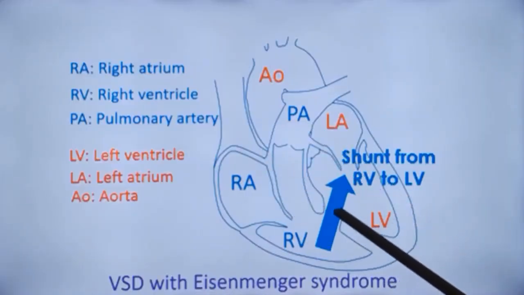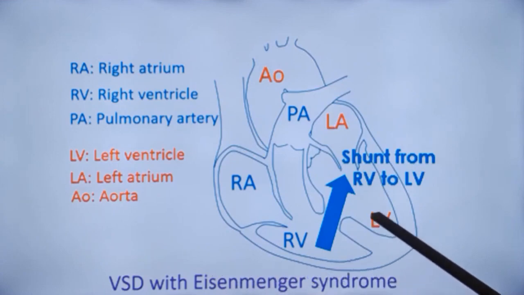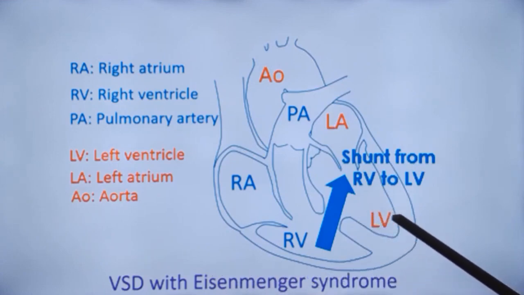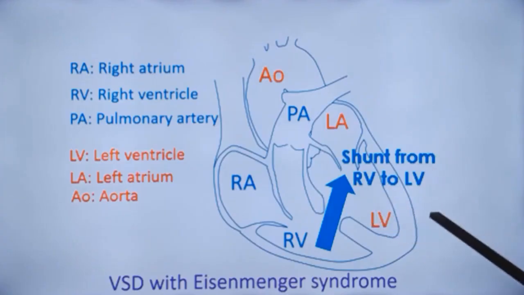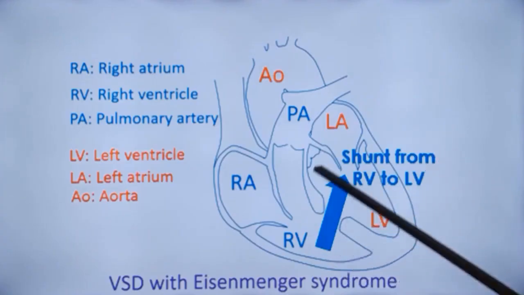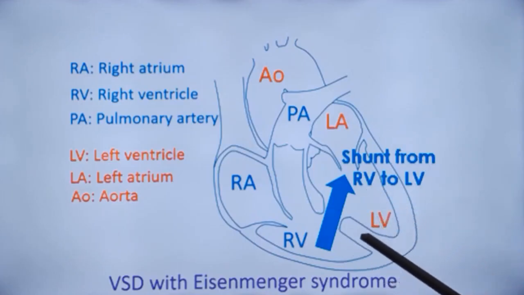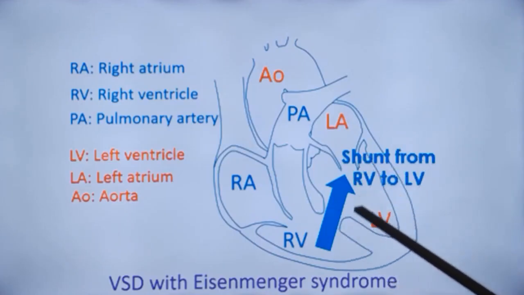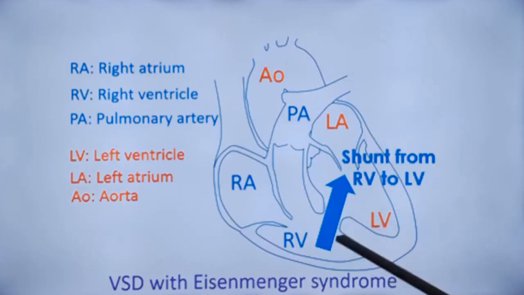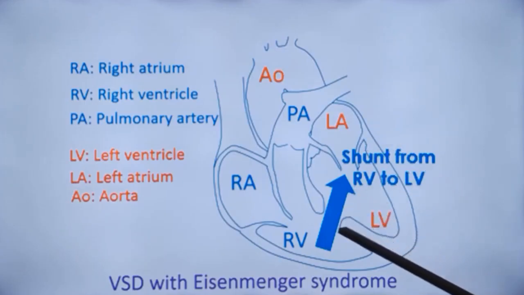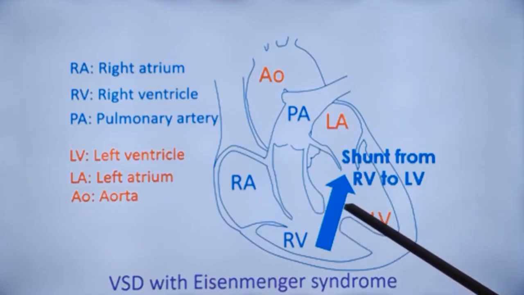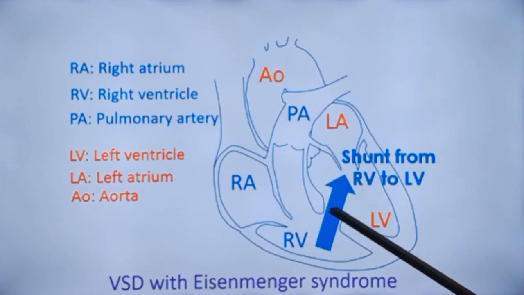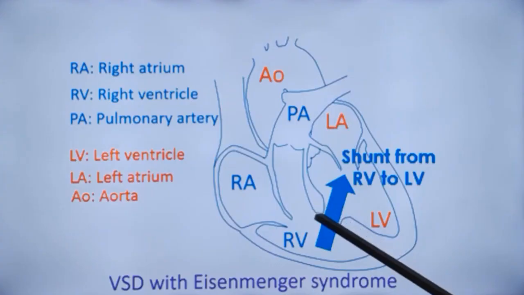Diagrammatic representation of VSD Eisenmenger. It's also called Eisenmenger complex. The other Eisenmenger syndromes are not called Eisenmenger complex. Only VSD Eisenmenger is called Eisenmenger complex. There is a large ventricular septal defect with severe pulmonary hypertension and reversal of shunt across the ventricular septal defect, producing cyanosis, clubbing, exertional dyspnea, and as already mentioned, hemoptysis is an important complication of Eisenmenger syndrome, airway hemorrhage, which